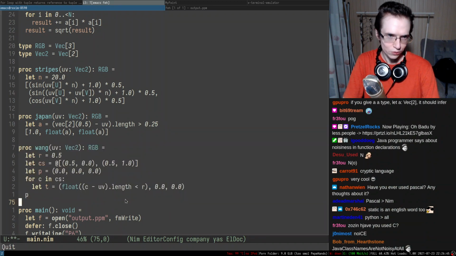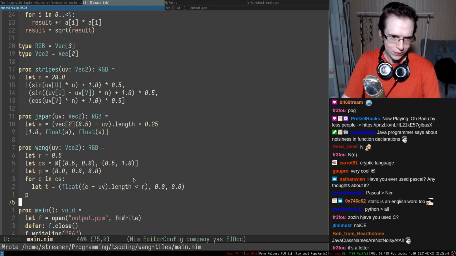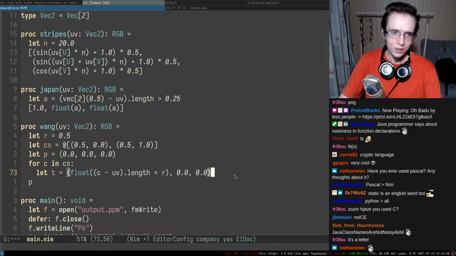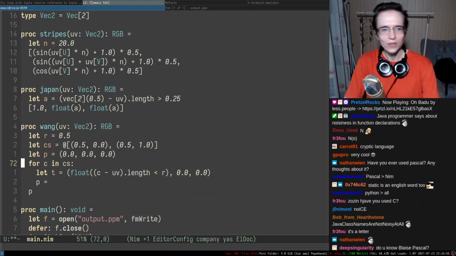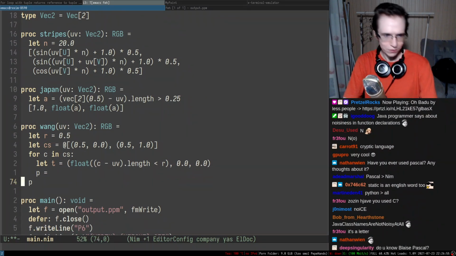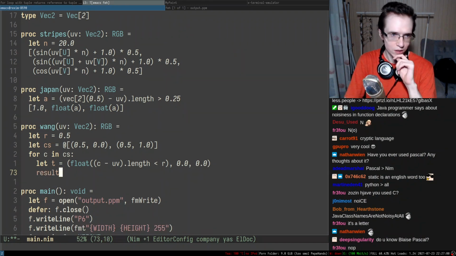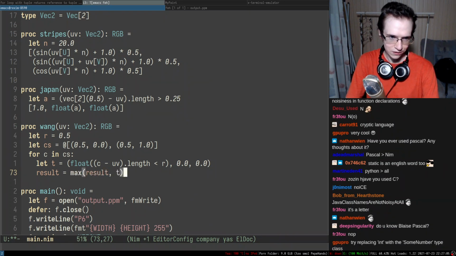Alright, so what I want you to do in here. So we have a maximum in here and stuff like that. So here we have a bunch of centers, right? Here is the caller. And the final thing is going to be basically... Oh, in here I can... Yeah, we have a result variable. So that means I can do just result equal maximum between result and t.